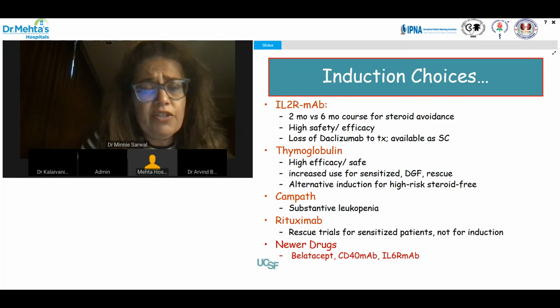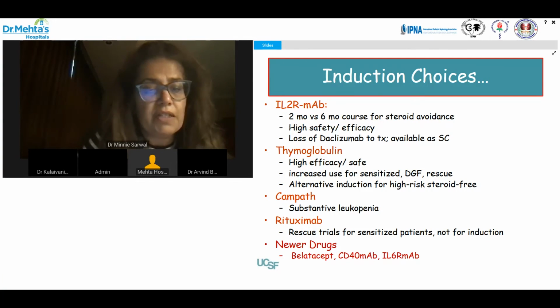Rituximab is really used for rescue treatment, for treatment of, again, recalcitrant rejection that may have antibody-mediated rejection as well as maybe B-cell infiltration-dense rejection. It has been used for desensitization protocols for sensitized patients, but in fact should not be used for induction per se. In fact, there is an article in the New England Journal that came out many years ago where utilizing rituximab and thymoglobulin led to very aggressive rejections, potentially because of depletion of regulatory B cells. So it is not for standard induction, but can be used for desensitization prior to transplantation